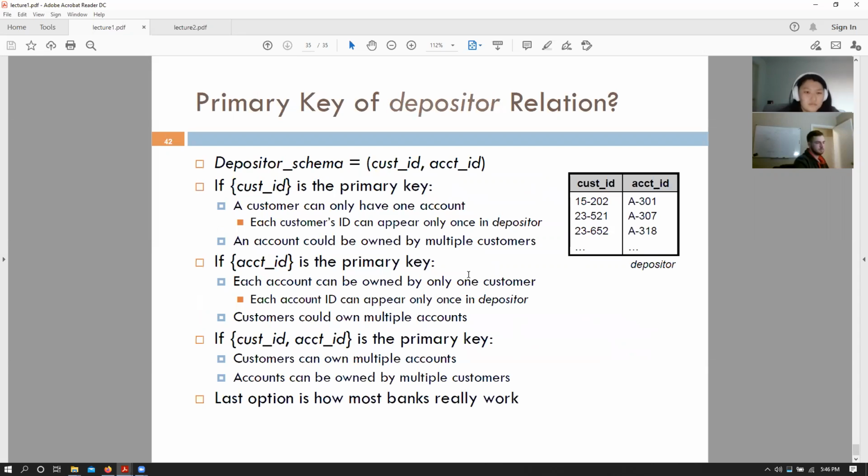Okay. Finally, a couple of things to remember: given a particular relation, the attribute that we choose for our primary key can mean different things in terms of our applications, right? Let's say, for example, we have this depositor relation. Which attribute should we choose for this particular relation as a primary key? Should we use customer ID? Should we use account ID? Should we use both of them? If we use customer ID, that means that our customer ID is our primary key and can only appear once. So an account